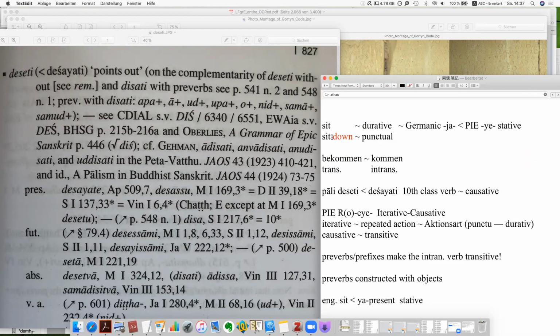And this is the reason why sit is durative. But if you put an adverb, so this is an adverb, not a preverb, but in German you put a preverb. In English, you always say sit down, but in German it's called niedersitzen. So actually, sit down, with down, you already changed the Aktionsart. So this is the logic. 不过你们如果觉得记不住的话也没关系，以后可能看多了之后会更加有帮助。